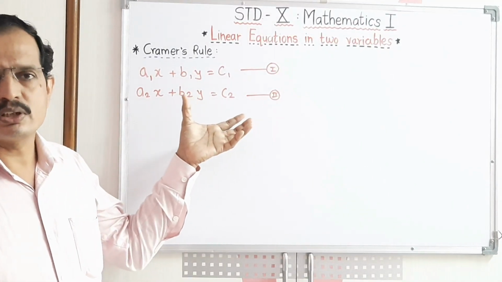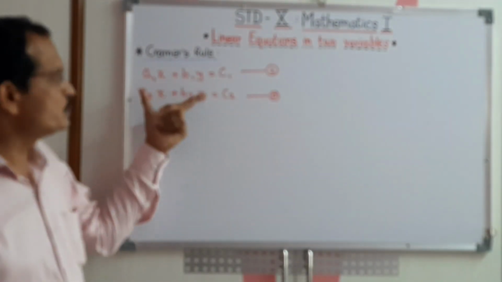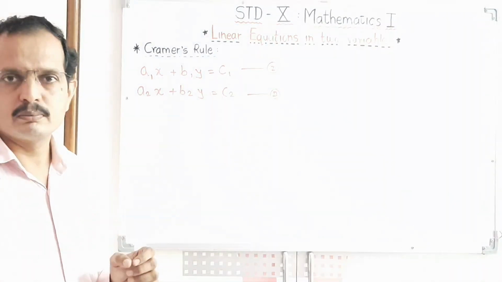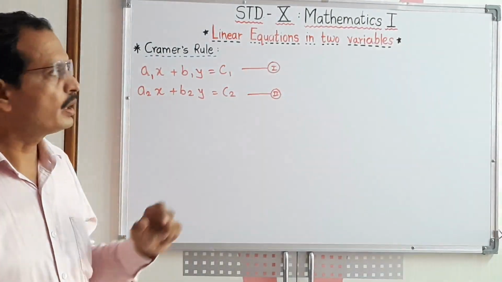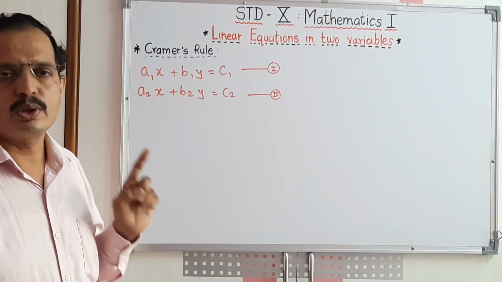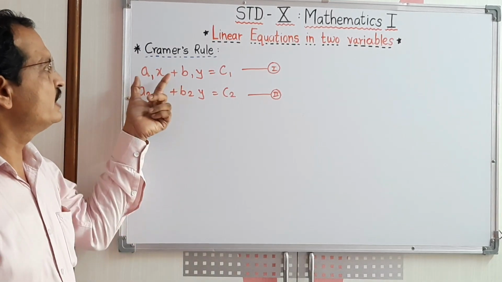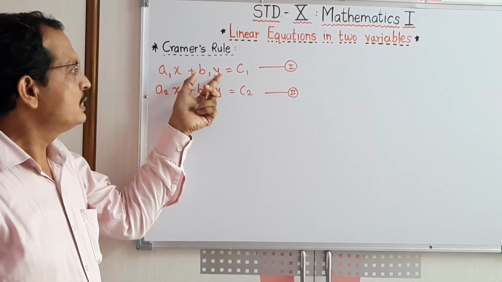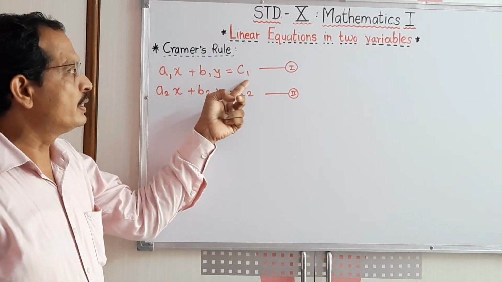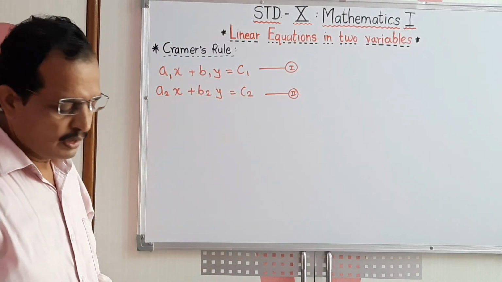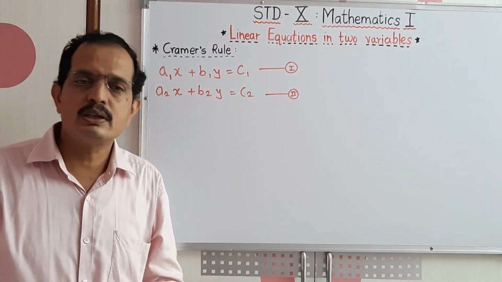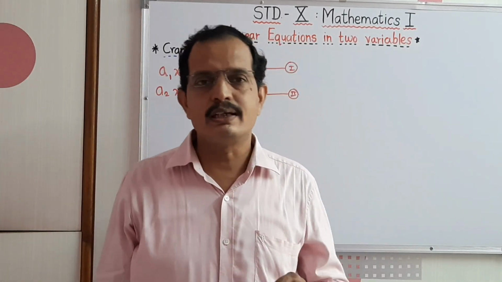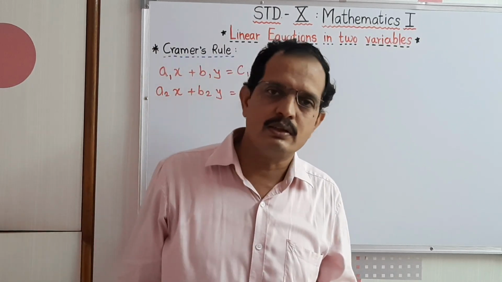Students, we have to see the general method. Suppose these two simultaneous equations are given and we have to solve this by determinant method or Cramer's rule. First of all, we have to write the given equation in this form: first, the coefficient or the term of the x variable, then the term of the second variable, and then we have to write equal to the constant. Now in this case we have to find out three determinants. The first determinant is D, the second one is Dx, and the third one is Dy.